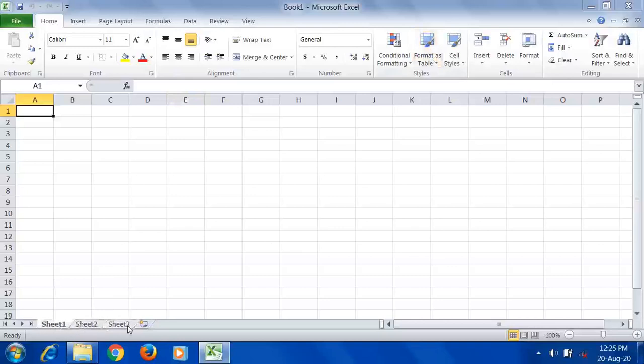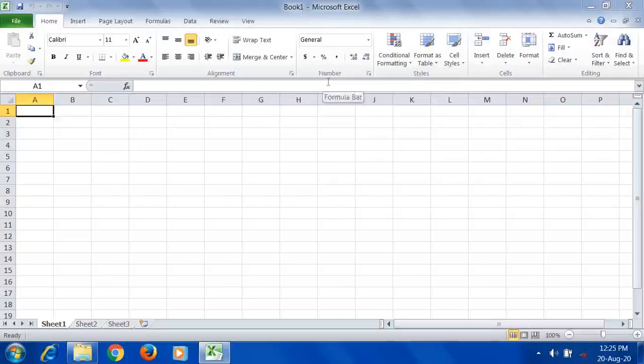So now the point is workbook and worksheet. This book contains a collection of sheets. You can add n number of sheets. That explanation is given here. The Excel window that appears on the screen is called a workbook. It is assigned a temporary name. See here, this is a temporary name, Book 1. Book 1 is the temporary name, or you can say the default name.